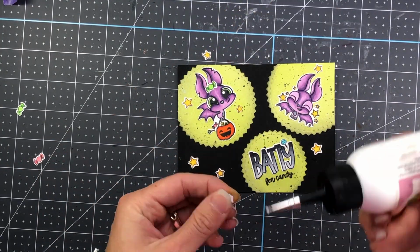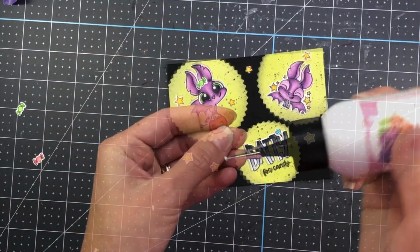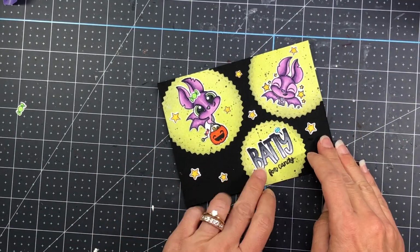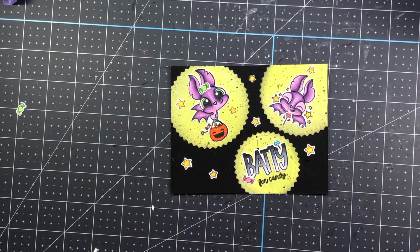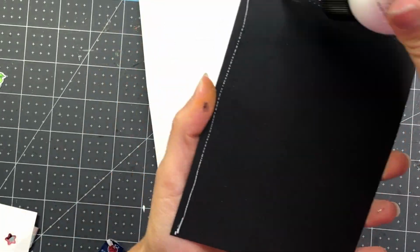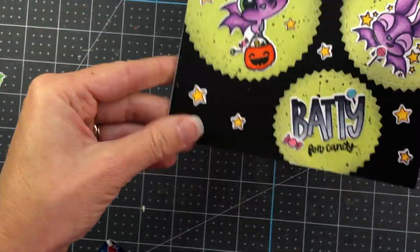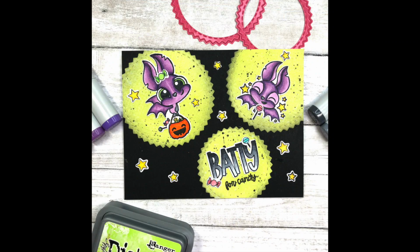And then just adding a few more stars. I am going to take another candy piece, which will be another lollipop, which you'll see here in a minute, and I'm going to put it in the other bat's hand, like it's eating the lollipop right there. I think that's super cute. And I also put another candy piece below the word Batty on the left of the B. So I'm just going to glue that onto a white A2 size card base, and that's going to complete that